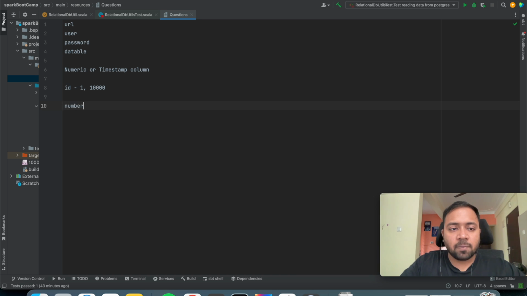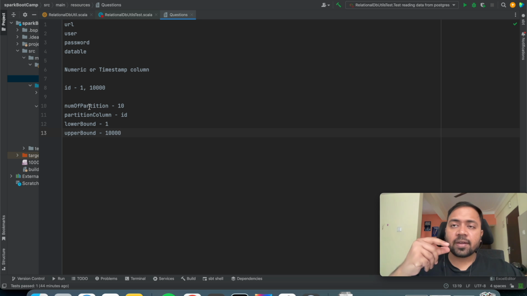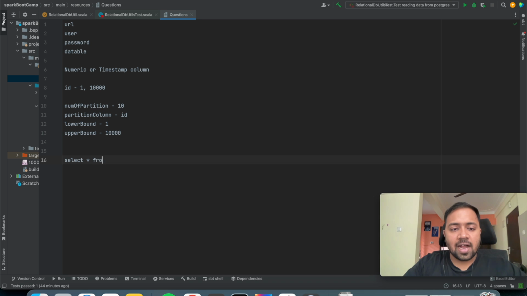So let's suppose our number of partitions is 10, okay, and my partition column is ID, and if I specify that my lower bound is 1, perfect, and my upper bound is 10,000. Okay, so how will Spark create queries now? Instead of creating a single query like select star from your table name,